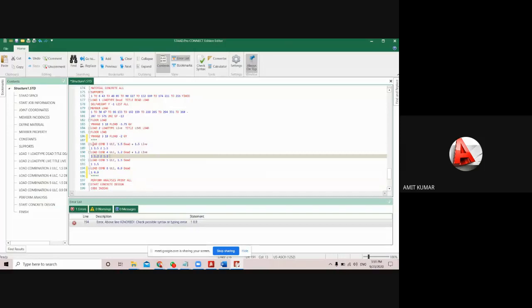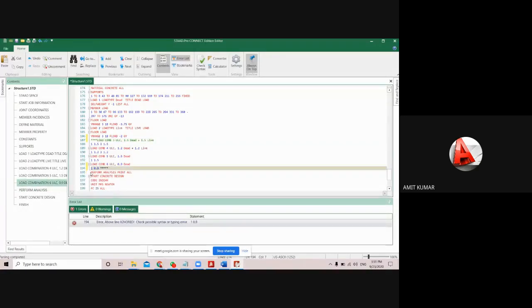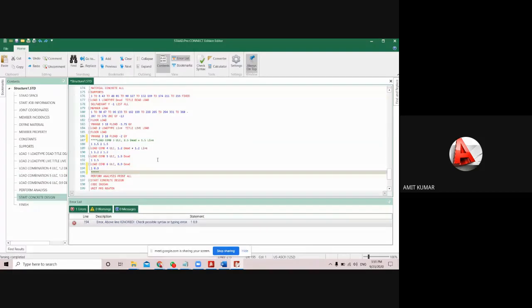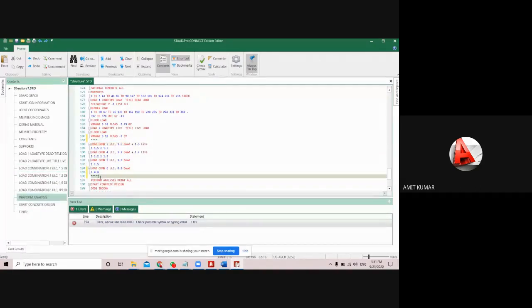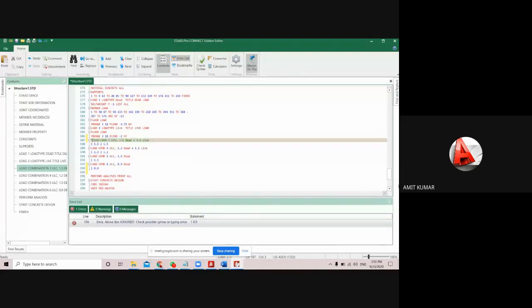It is not getting it properly. I think something is going wrong. Just see one more thing: mostly you can change things from here also. In the combination, it is not getting properly.